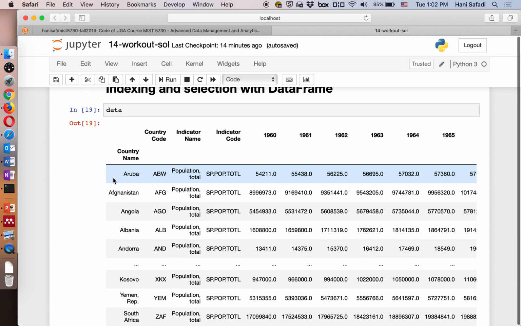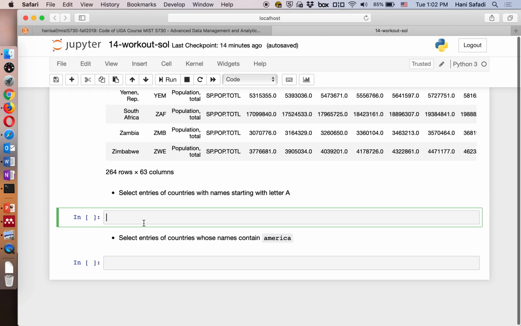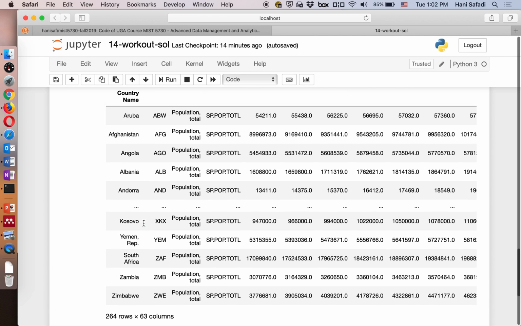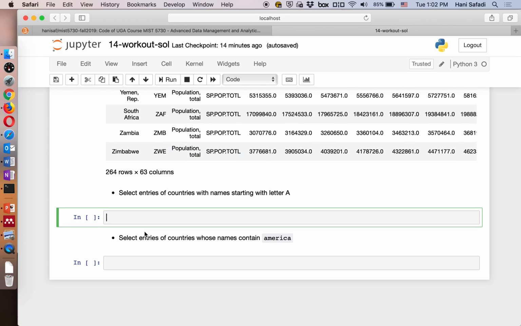Okay, so I can select some of these countries here, probably the first top 5 or so. Because it seems though that those countries are sorted by the name. So I can do something like this, just relying on the fact that the data is sorted to select the first 5 entries. So I can do iloc,